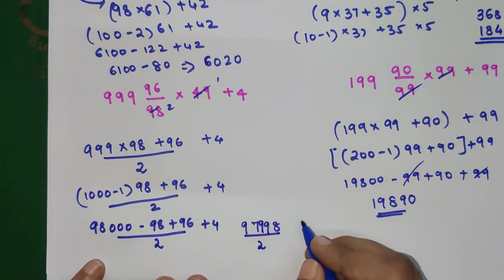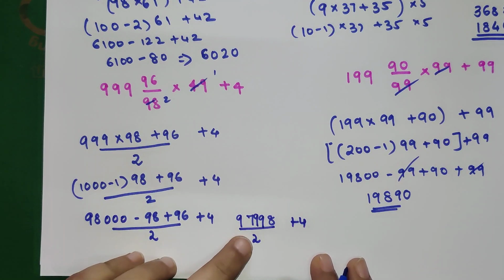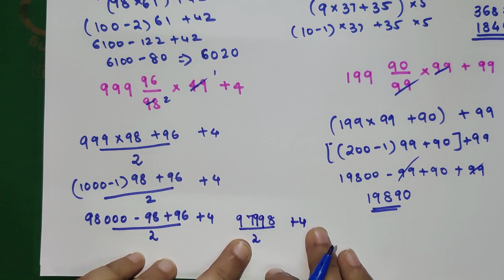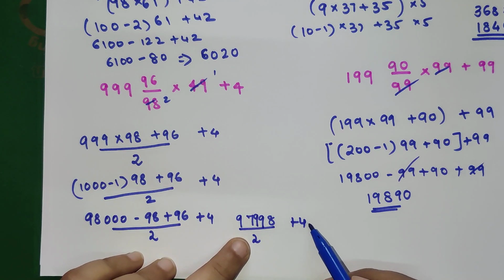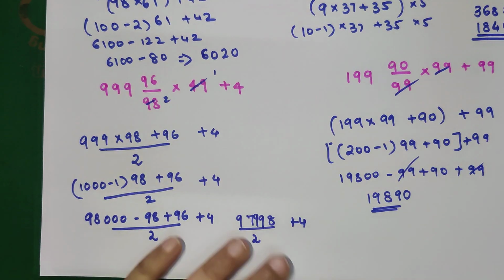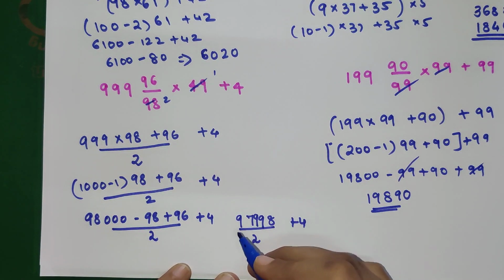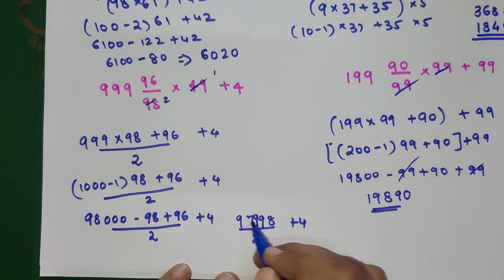Upon 2 plus 4. So now here you have a choice. What you can do is you can multiply this 4 with 2 and get your answer, or you simply divide this and whatever answer you get, you will then add 4 to it. Okay, so now in this case, dividing this number by 2 is easier, because eventually when you add 8 and then you are going to add all of this, you're still going to divide it. Okay, so this is much easier.